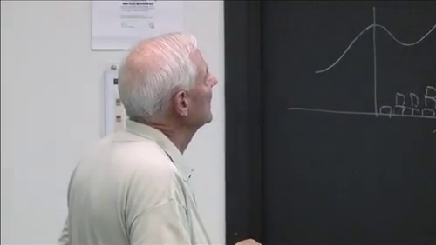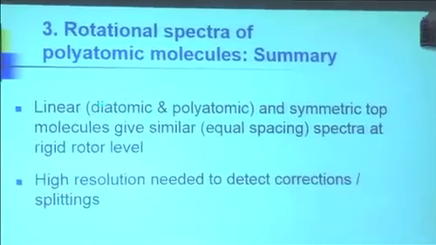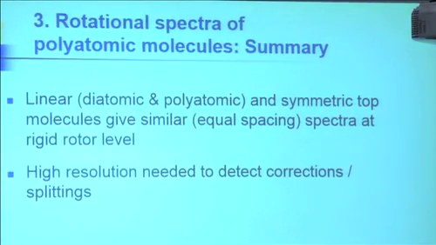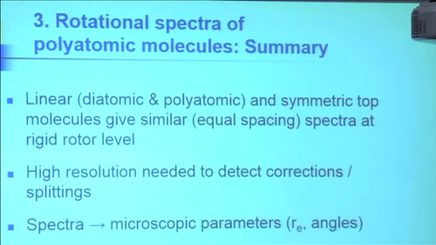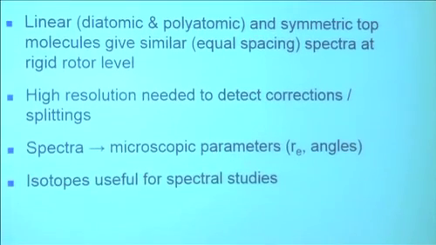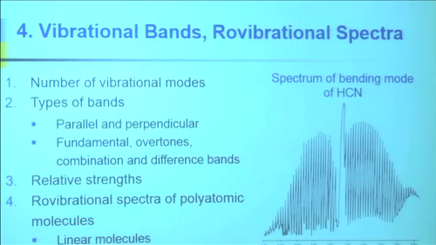So we're going to summarize. Linear diatomics and polyatomics and symmetric tops give, to first order, equal spacing of rigid rotor levels. So if you don't worry about this fine scale splitting, life is still pretty simple. Very high resolution is needed to measure these corrections. We use these spectra to determine the microscopic parameters of bond lengths and angles. And you can use isotopes to help understand these properties, because remember, the isotope changes the mass, but not the spacing, because that's determined by charges. Okay, that's